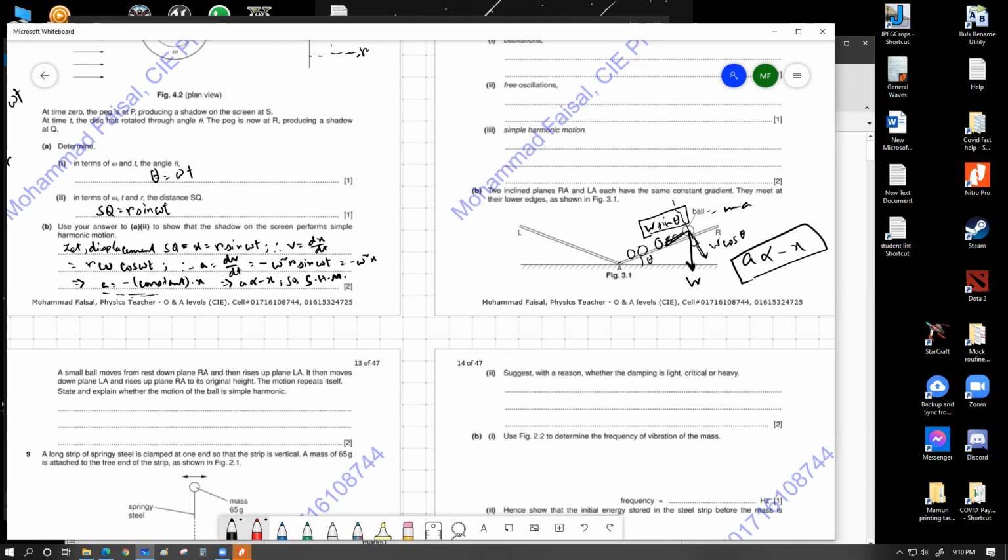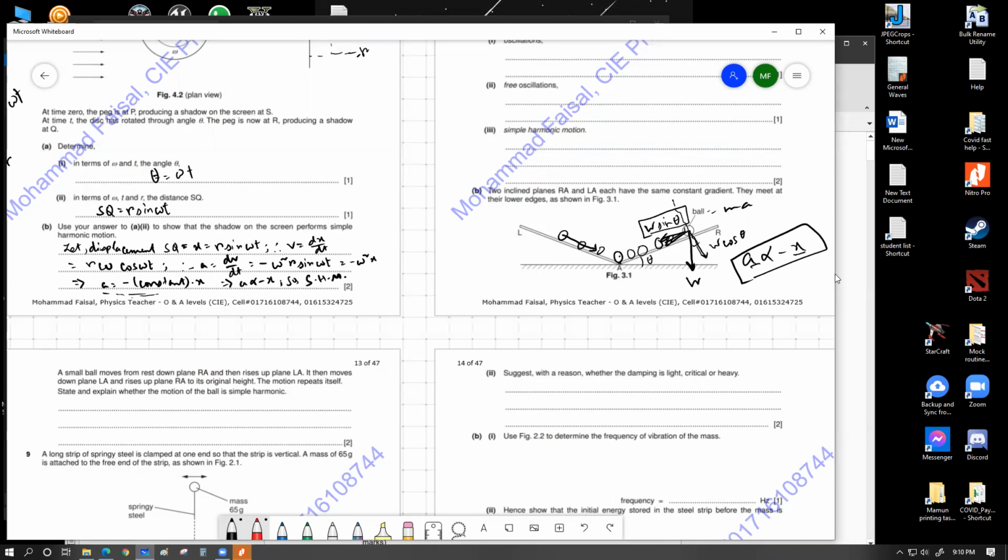What I'm trying to show you is that the acceleration is always aiming towards the A point. That's true. Whenever the ball is on the right side plane, acceleration is aiming towards this point. Whenever it's on the left side of this whole plank scenario, the acceleration is aiming towards the A point. Acceleration will always be aiming towards the center point. That's okay. But does it have a continuous value variation as x becomes different? The answer is a solid no, because you will always have a certain fraction of weight working as the driving force for this system.